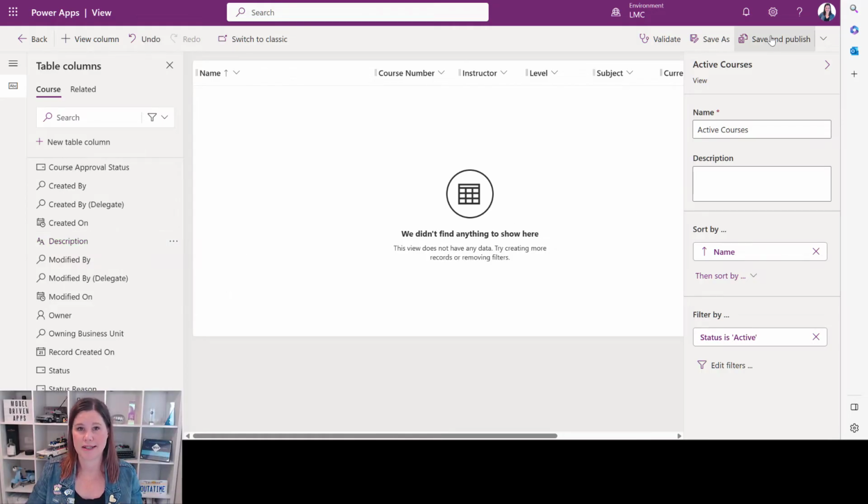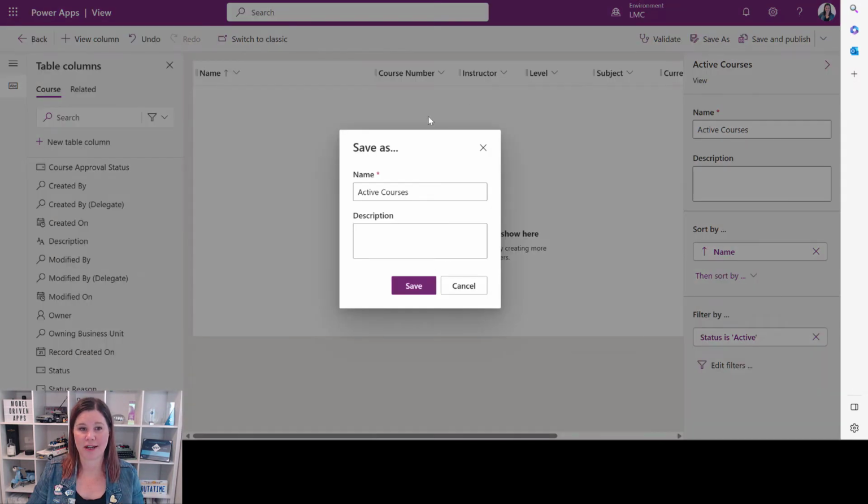So let's save that one. Now we've got an option here, save and publish. Two core concepts. Saving just kind of saves the thing. Publish pushes it through to the live application. What I want to do though is have save as something else so that I can come in here and say, let's save this as currently offered